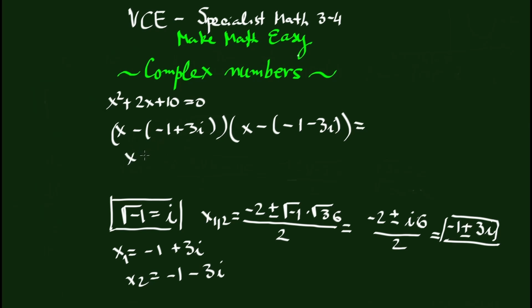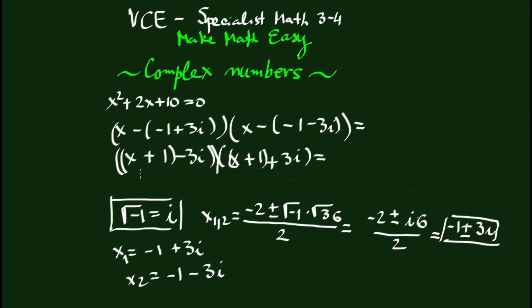So it's x plus 1 minus 3i multiplied by x plus 1 plus 3i, and if you make that separate like that,